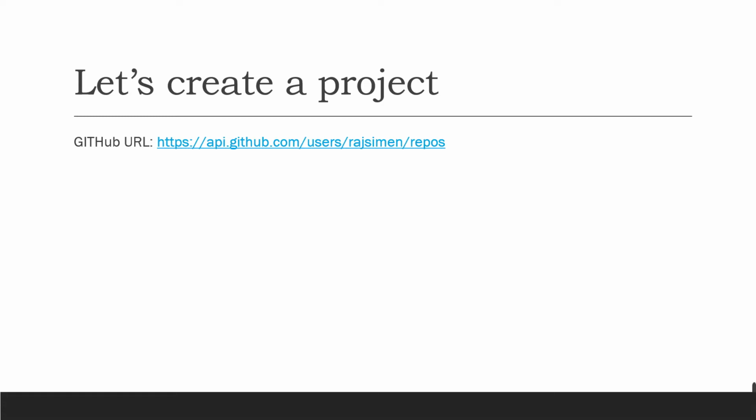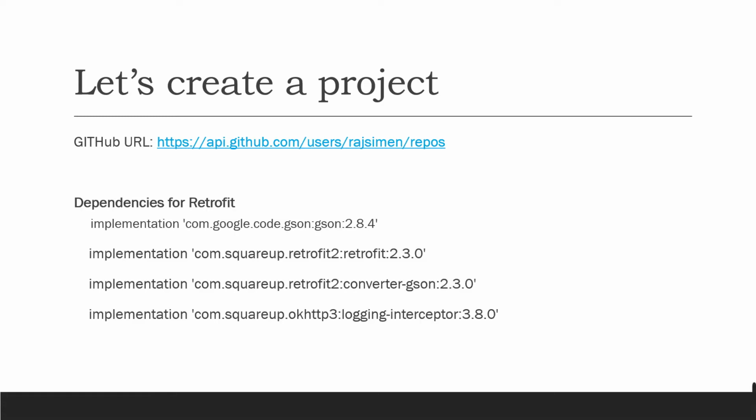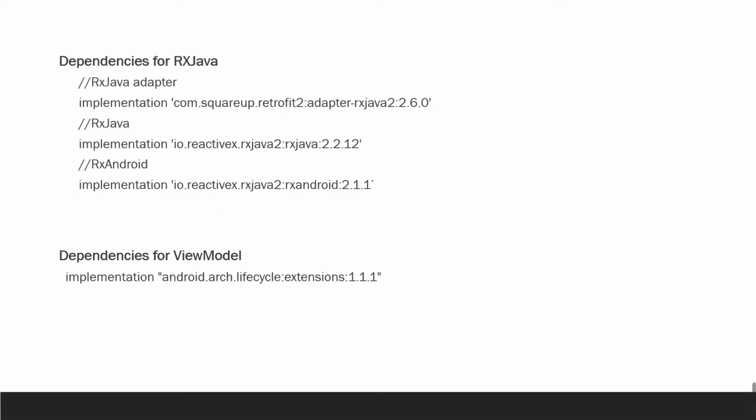We are going to access this GitHub URL which contains a list of repositories, and also add these dependencies, because to achieve the MVVM concept we're going to use Retrofit to perform backend service and RxJava to perform asynchronous data streams